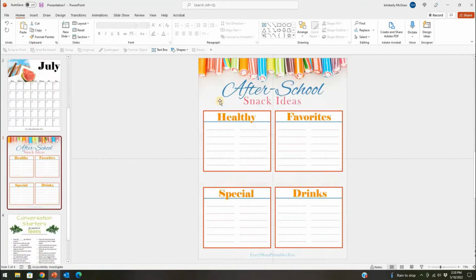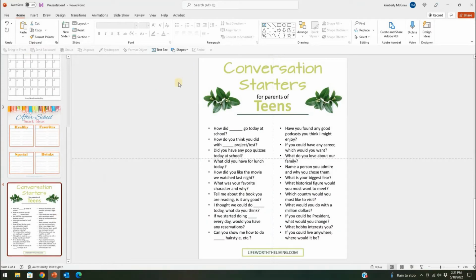And then something here, this entire background is an image that I stretched out because I only wanted a little bit of a border here. And this is a printable that I sell on one of my Etsy shops, and I wanted this to be the main focus, but I just wanted to add a little bit of color. This is geared for kids, so I picked something that I felt would go along with that really well. And then this one here, this is just a small graphic that I got, and I shrunk it down and used it more as, you could use this as a graphic, but I love images that have real life